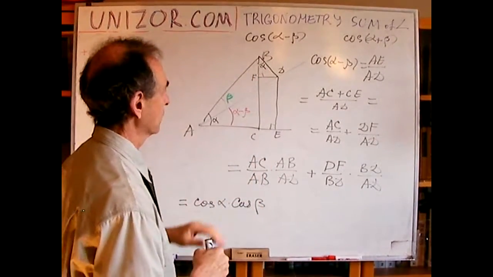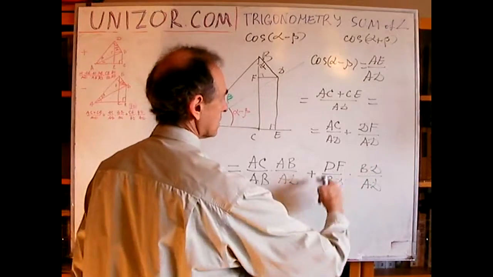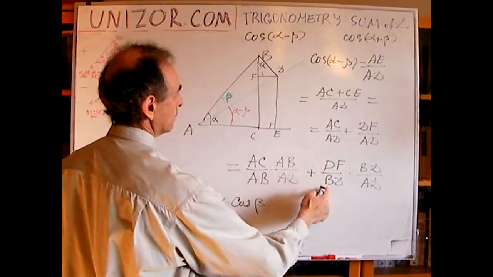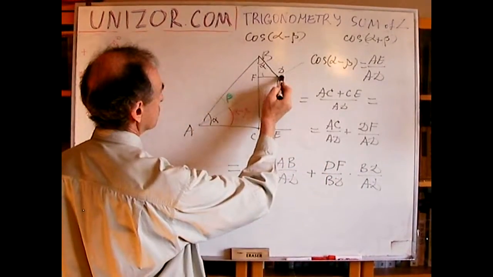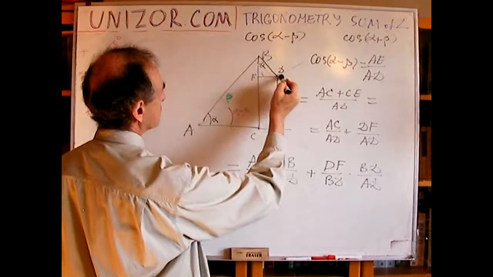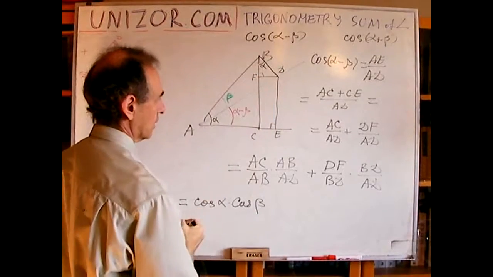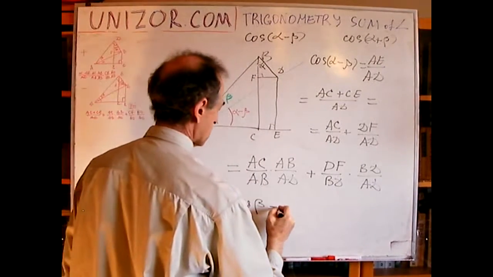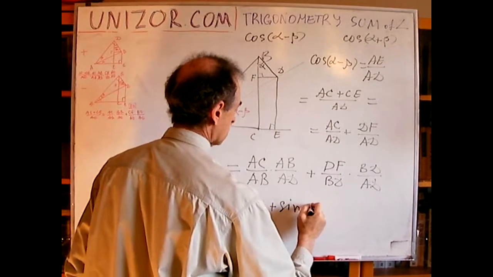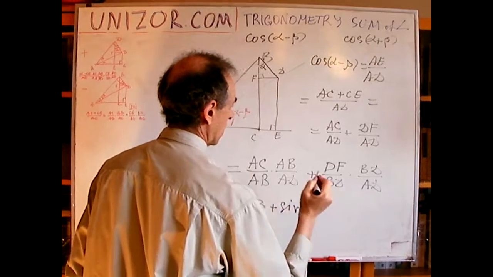So this is alpha. And this helps me to decipher this thing. DF over BD. This is the right triangle. DF is opposite to alpha, and BD is a hypotenuse. So this is sine of alpha times